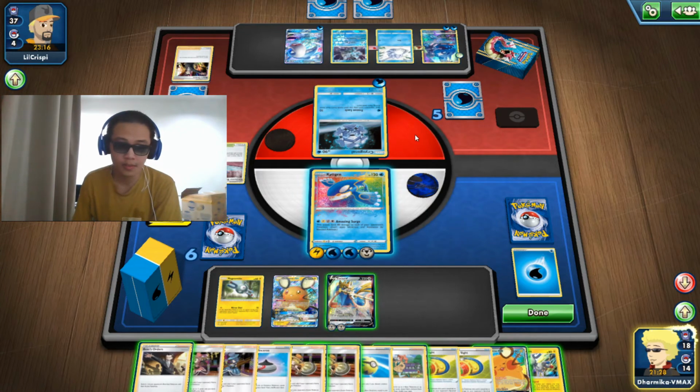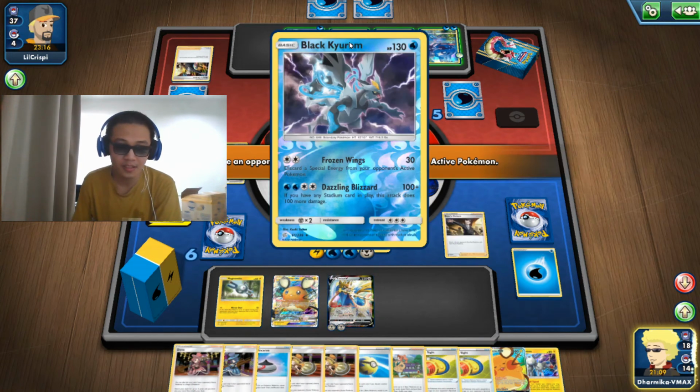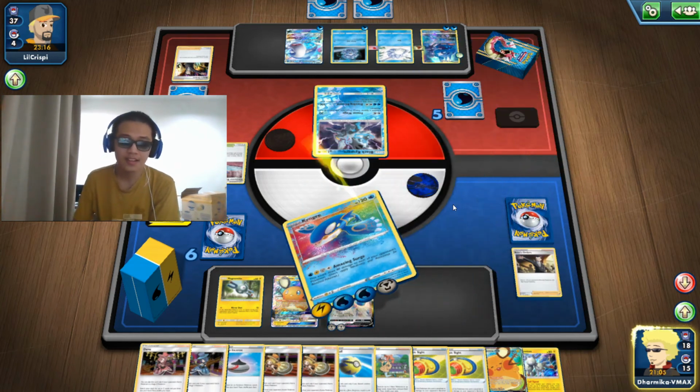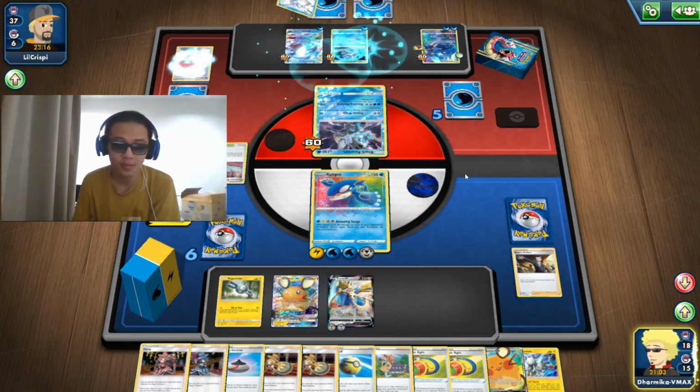So I can actually boss order something. 90, not gonna kill it. Boss order, let's not boss order. Oh, we can't play our telescopic sight. Darn it. If we boss order that one, then they can't retreat. So let's hope they stay at the bench so that we get to